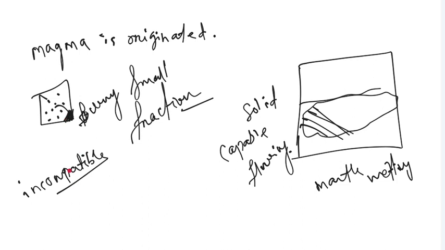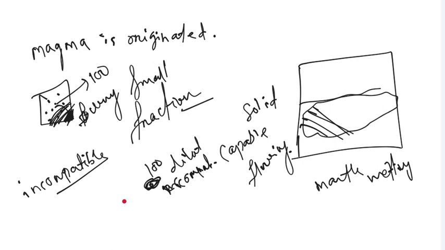नाउ द थिंग इज, इनकम्पैटिबल एलिमेंट्स चले आए कहाँ पर, लिक्विड में, ठीक है। अगर लो डिग्री ऑफ पार्शियल मेल्टिंग होता है, जब मेल्टिंग फ्रैक्शन जितना इंक्रीज होगा, इनकम्पैटिबल्स विल बी डाइल्यूटेड। अभी यहाँ पर कंसीडर कि 100 इनकम्पैटिबल एलिमेंट था। जब इतना मेल्ट हुआ तो 100 नहीं आता है, 50-60 चले आते हैं, कुछ रह जाता है, कुछ आ जाता है, ठीक है।